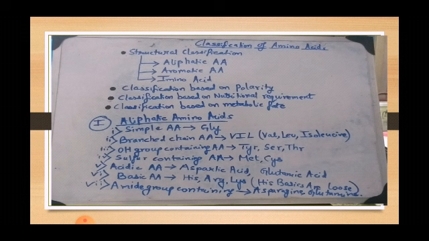Those amino acids having an acidic side chain, they are aspartic acid, glutamic acid. Then basic amino acids, those amino acids having a basic side chain. Examples are histidine, arginine, lysine. Here we can use a code or sentence like "his basics are loose." This is kind of interesting because "his" means histidine, "basics" means basic amino acids, R means arginine, and "loose" we cannot relate specifically, but here L stands for lysine. Now the 7th type, amide group containing, amino acids having an amide group. Examples are asparagine and glutamine.